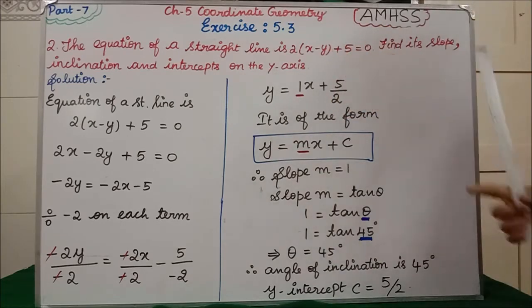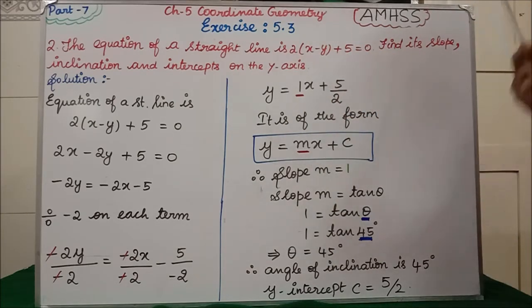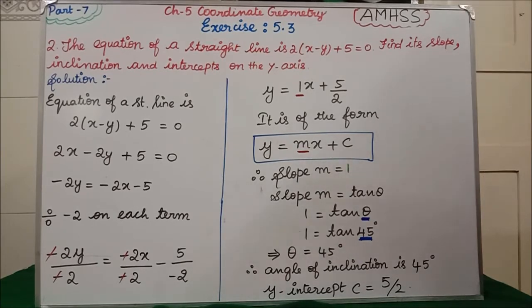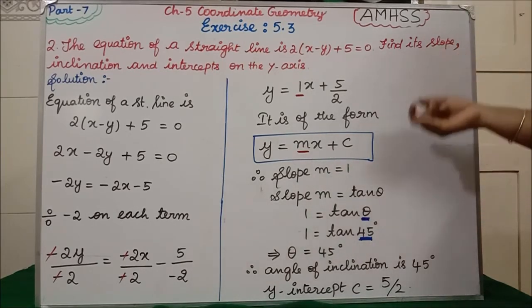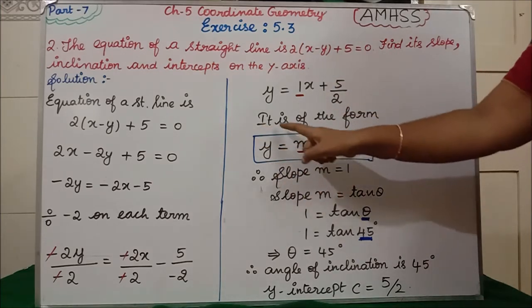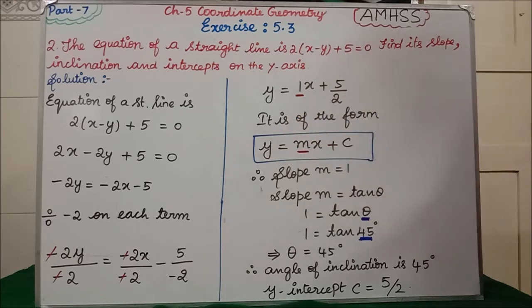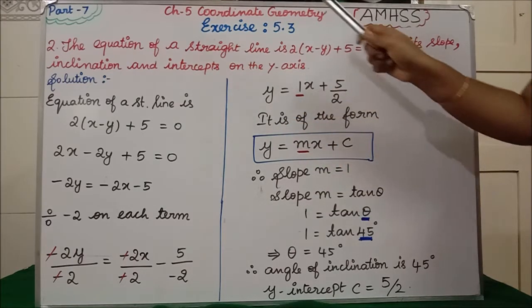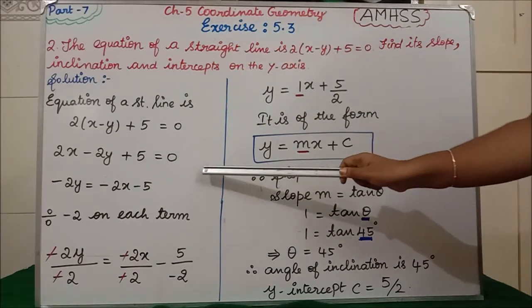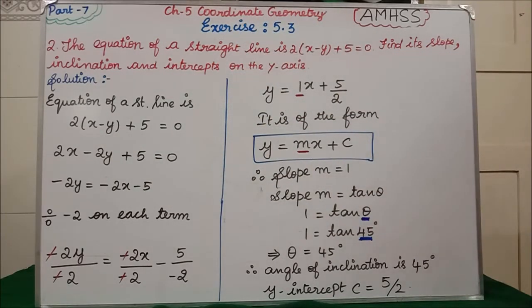Why are we bringing this? We have the y equal to mx plus c form, which I have told you. What formula is that? y equal to mx plus c means the slope y-intercept form. In order to use this formula, we keep only y on the left hand side, and the remaining x term and constant term we take to the right hand side.